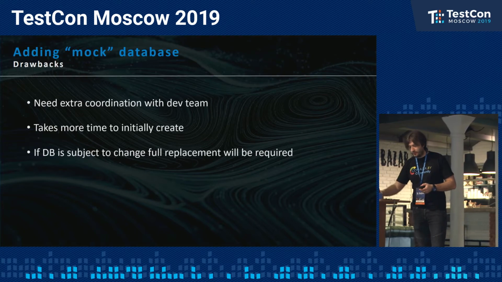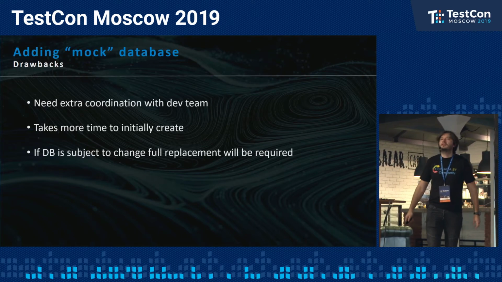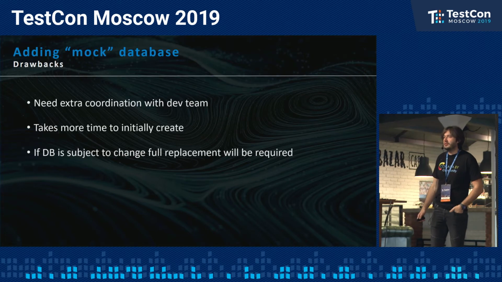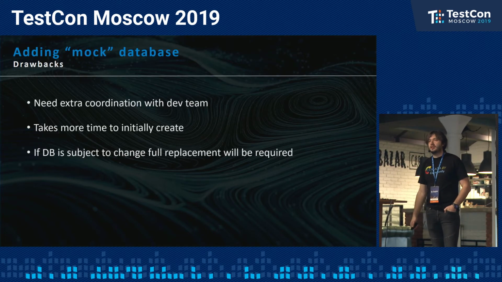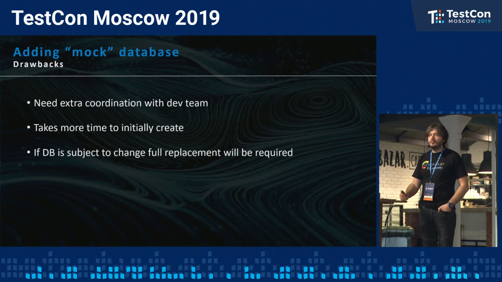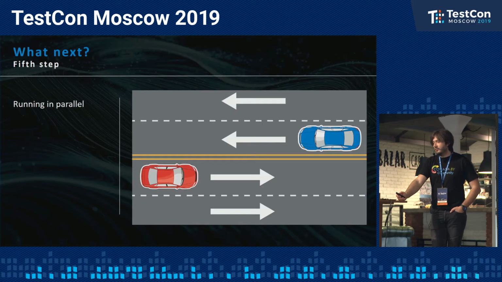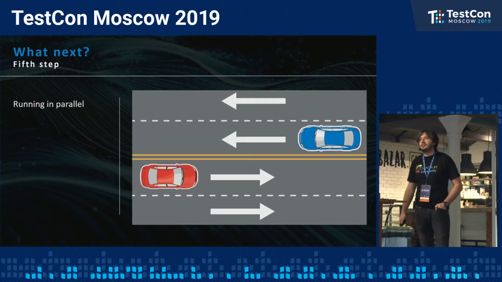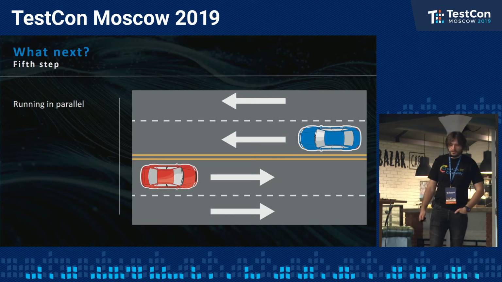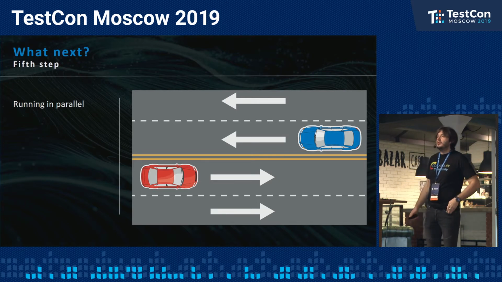All right, we've figured out the database part. We have our data. We have the automatic deployment of data. We run our tests. The next point that you may have is the issue of test runs, because we may sometimes realize that our tests take 10 hours in a row. So the question is, how do we solve it? How do we deal with it? We have to run our tests in parallel. The most obvious thing,